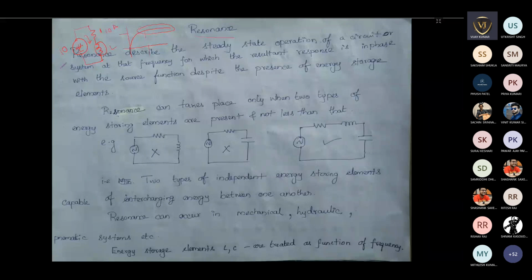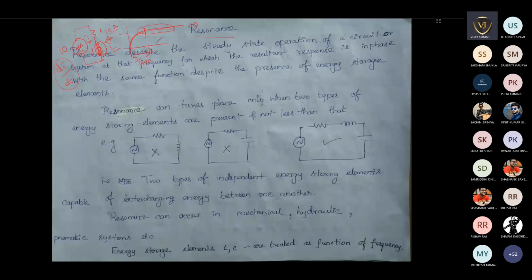Why? Because di by dt is not there if this system is on for a long time, because di/dt plays a role only if there is an AC signal. If it is a DC signal, there is no rate of change of current. If there is no rate of change of current, there is no voltage across it, so no voltage drop. So this will behave like a short circuit during steady state operation, and the current will be 10 ampere. This is the final steady state, but initially it takes certain time to reach it. This is called the transient condition.